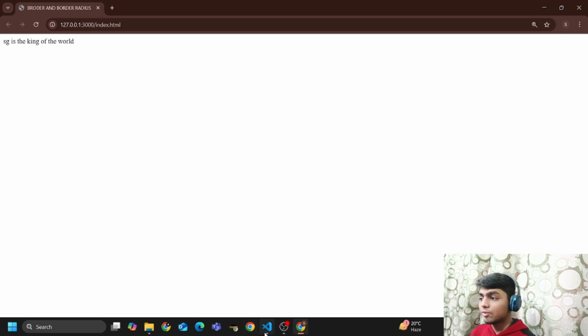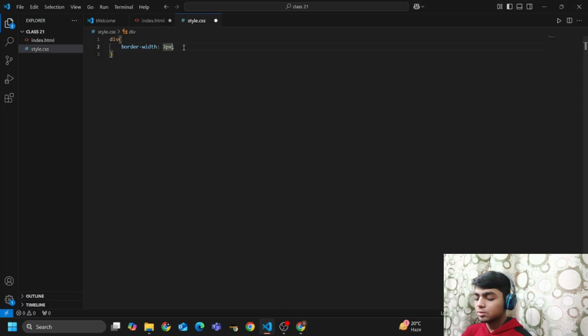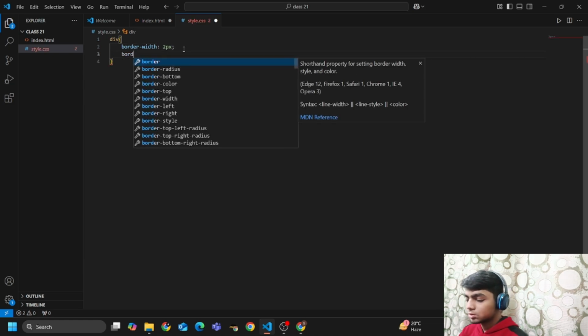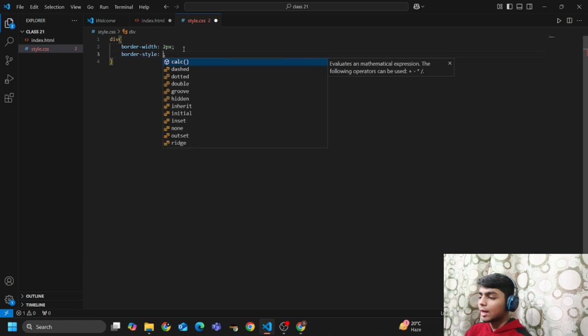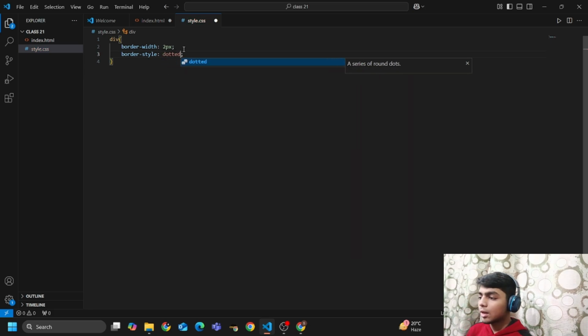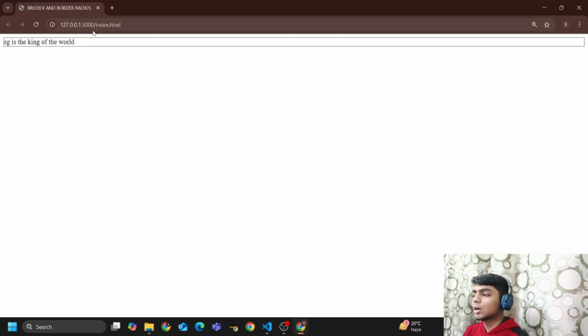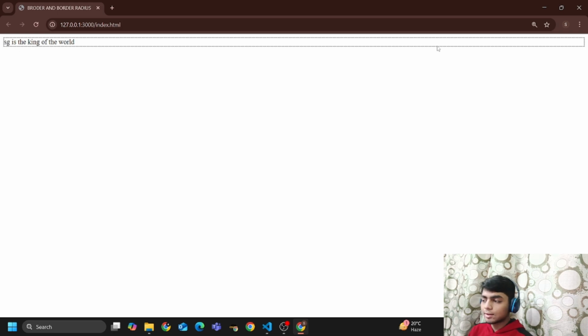For example, if I write here border style and write dotted, and now if I preview my website, you will see that a dotted border is created. The whole line is selected because this is a block element.